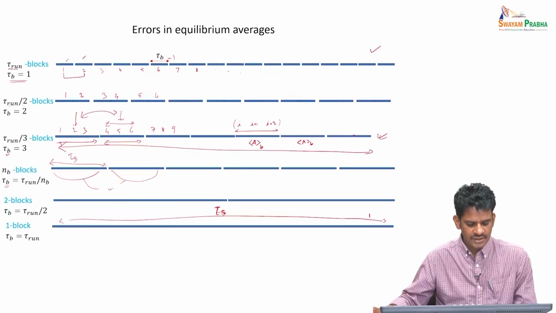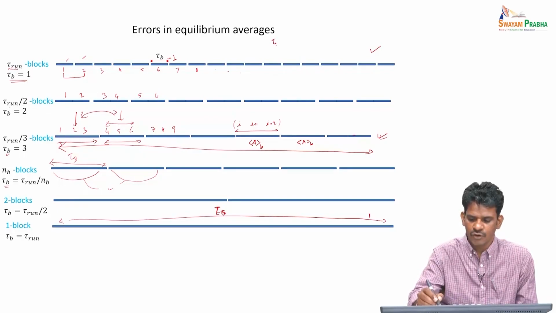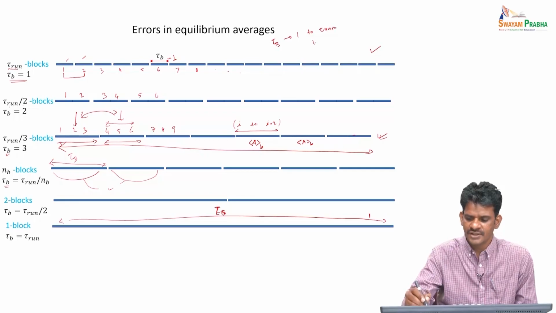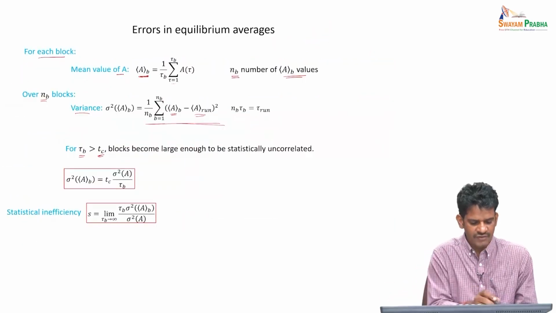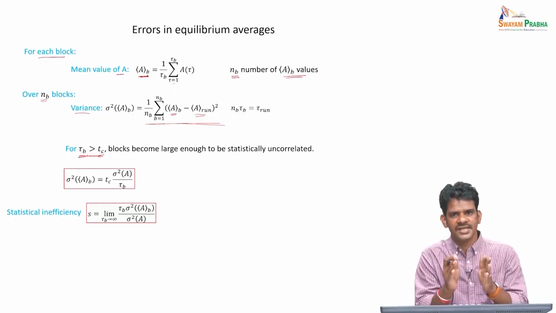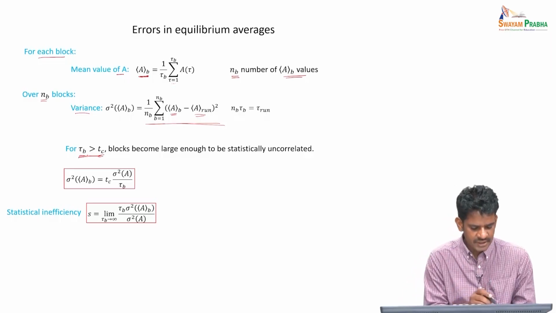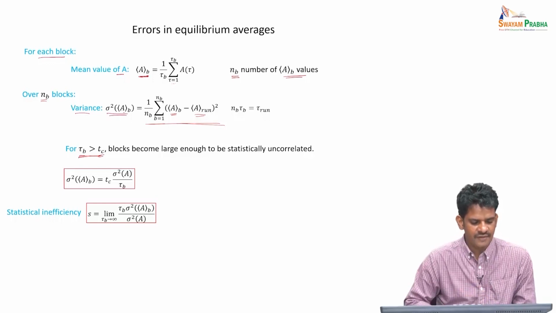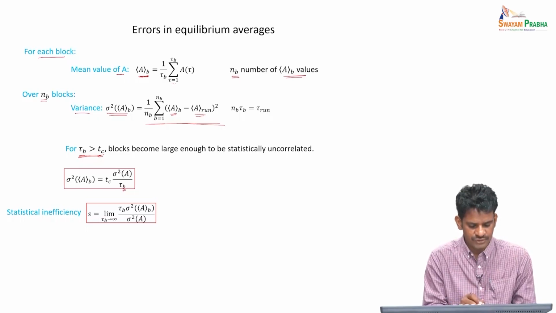As I noted before, the segment length goes from 1 to tau run. So the range of tau b that we are sampling is 1 to tau run, and our tau c is going to be somewhere in this limit. In a certain blocking operation, somewhere we would have reached this condition, that tau b, which is nothing but the segment length of a block, would be more than the correlation time. When that happens, the variance of this mean will be inversely proportional to tau b.